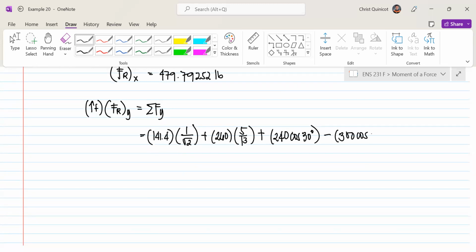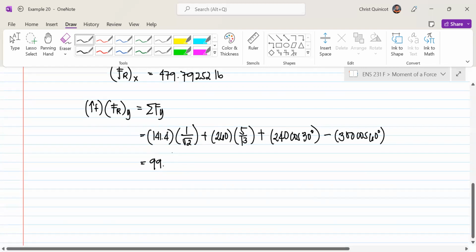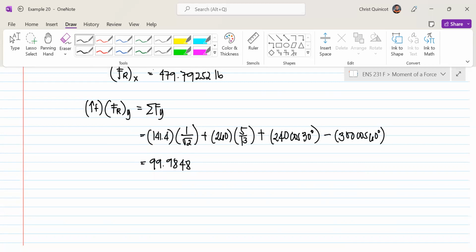300 cosine 60 degrees. So we write this is 141.4 divided by the square root of 2, which is 99.98489886, plus 260 times 5 divided by 13, that's 100, plus